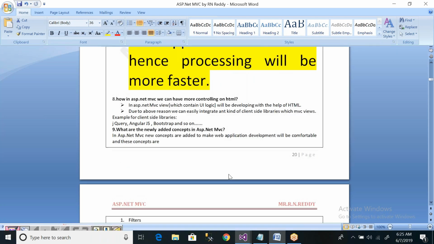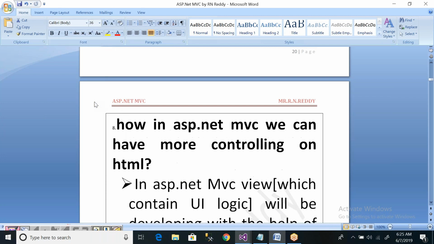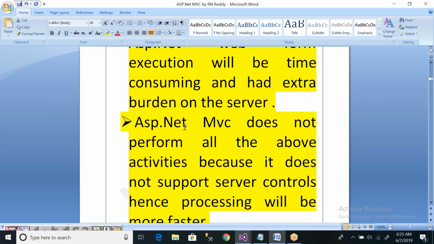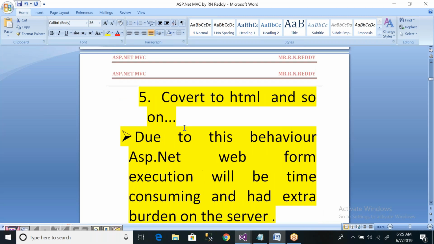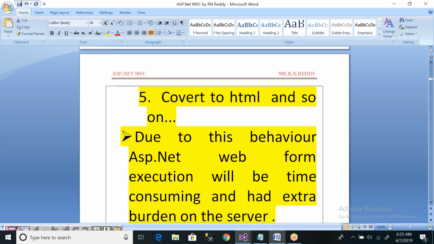Right. Next point is how in ASP.NET MVC we can have more control over HTML. There is an eighth feature we discussed, that is more control on HTML. Some points you cannot understand at this stage, because they will be connected to the coding part, the implementation part.